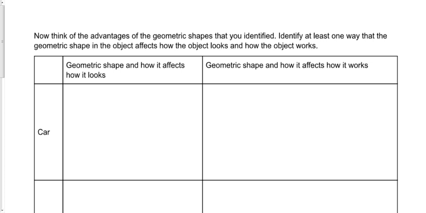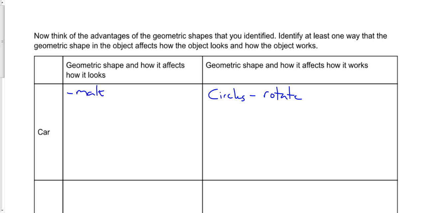The wheels are circles, and circles rotate. They allow the car to move smoothly along the surface. Squares, rectangles, and triangles may make the car look